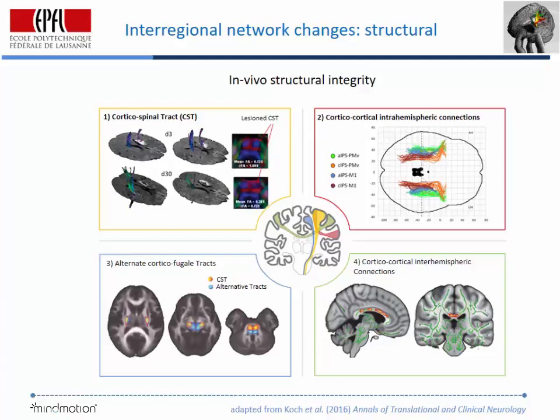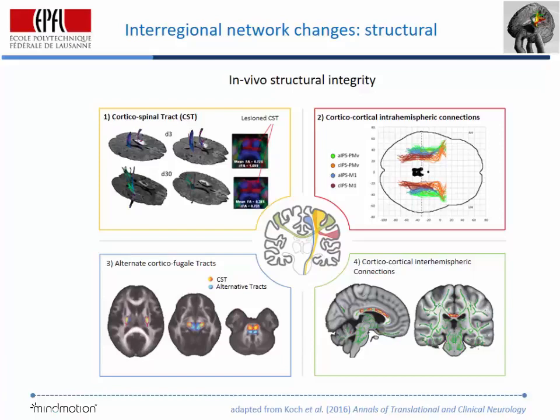in your stroke patients. However, this technique allows us to look not only at the corticospinal tract, but also at tracts between cortical areas which might play a role in certain networks. For example, in a motor network you have the secondary and primary motor areas, like the ventral premotor cortex, dorsal premotor cortex, or parietal areas, and for sure these areas interact, especially in patients in the course of recovery. And you can also track alternative corticofugal tracts, for example cerebellum to motor cortex, or even between both hemispheres. So there's a tool we have at hand which we can use in vivo in patients,